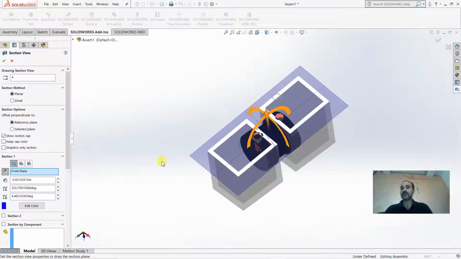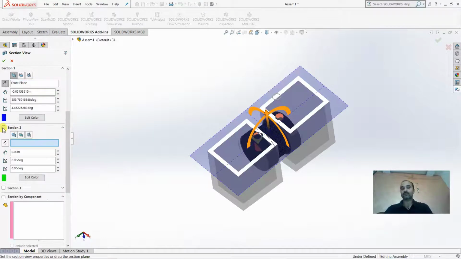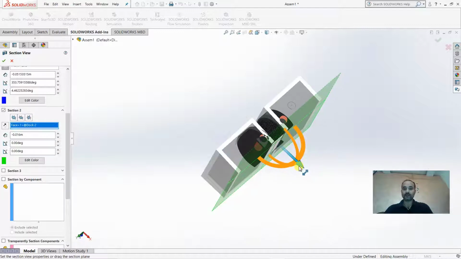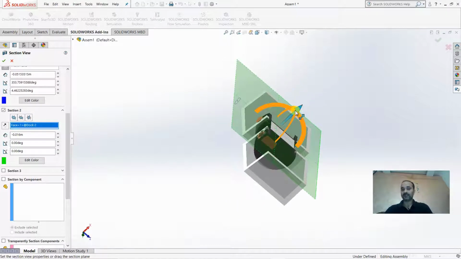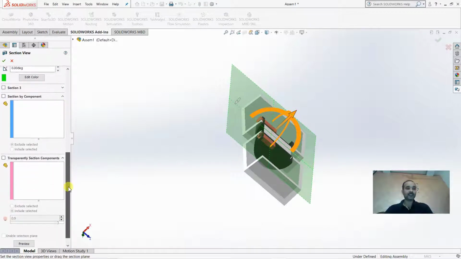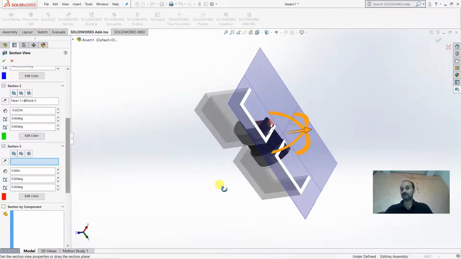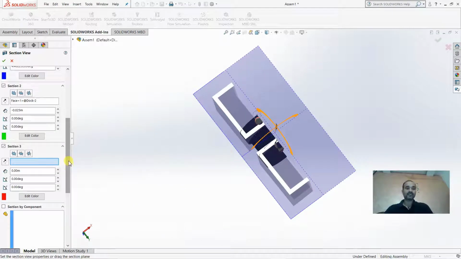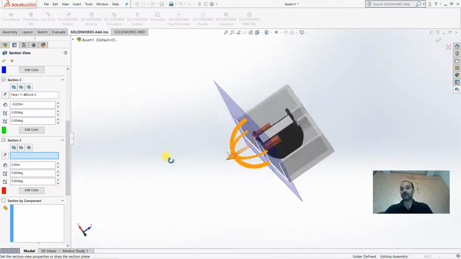That is one plane. At the same time you can add another plane, section 2, that is another plane. You can move it also. That is your second plane. One cutting plane, second cutting plane, and at the same time you can add a third plane also. It means you can use up to 3 cutting planes to investigate internal parts of your machine.